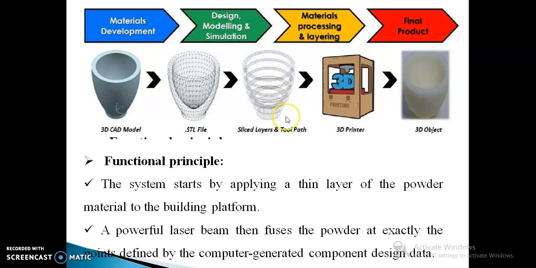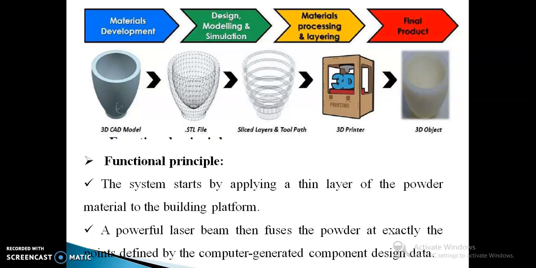and it will represent the path of the tool, meaning how the tool is going to create or generate the layers and convert your raw material into the finished product. After slicing layers and giving the path to the tool, the next third step is feeding it to your 3D printer. The 3D printer will carry out the machining process, and we will get the final 3D object like this teacup. This is the basic example of an additive manufacturing process.